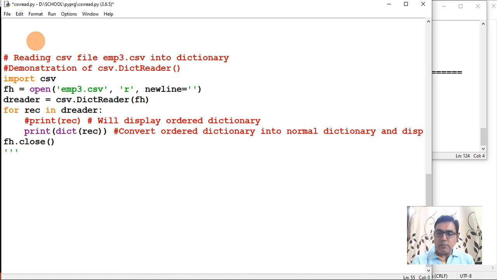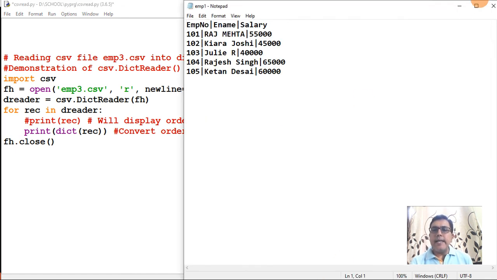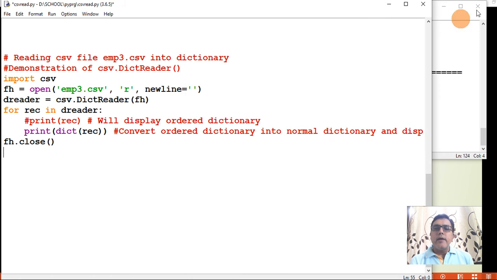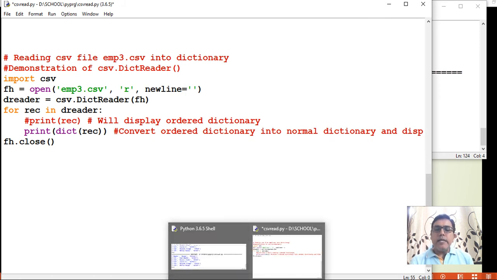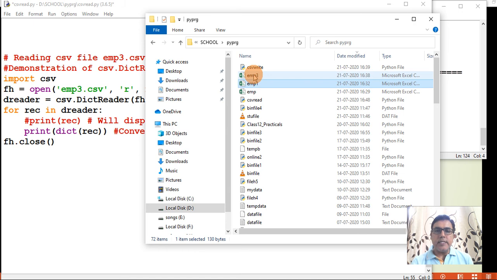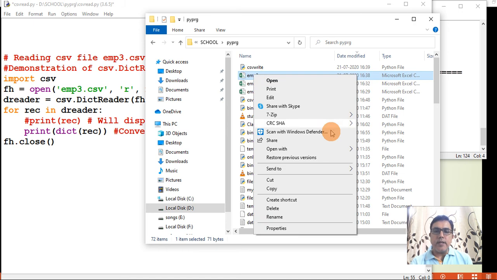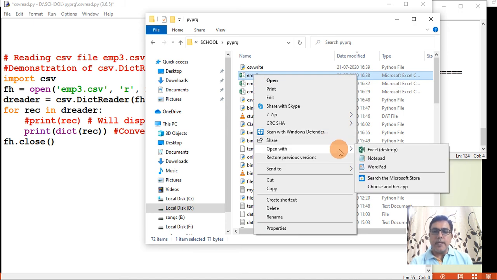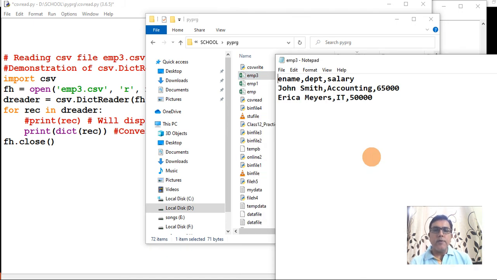There was a file emp3.csv which contained data written using dictionaries. Let us first see the contents of emp3.